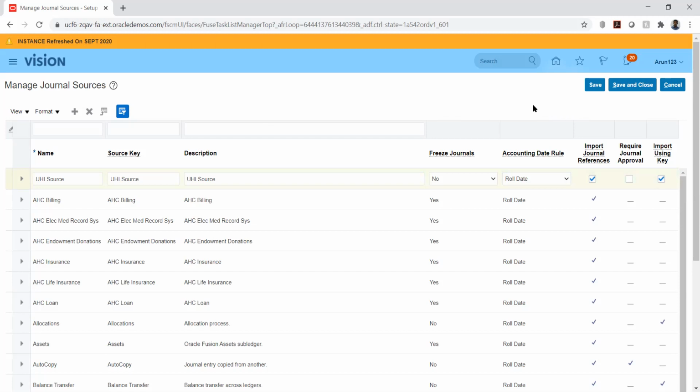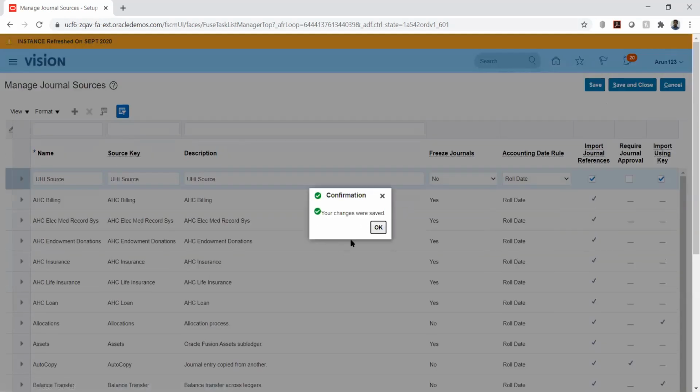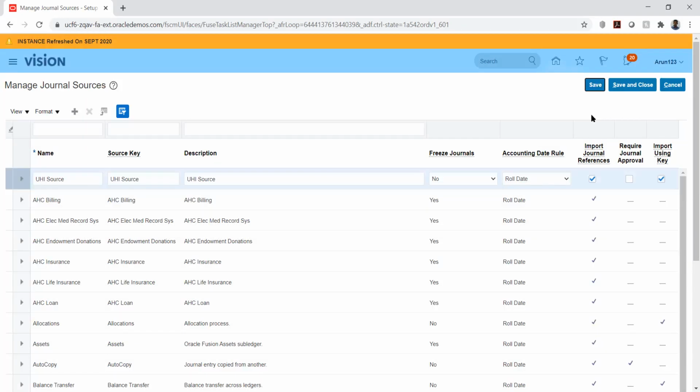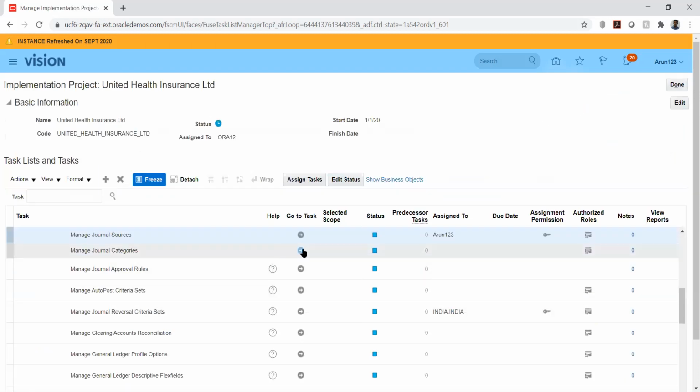Okay, fine, we'll move ahead. I have set up this journal source. Similarly, we will create it for category as well.